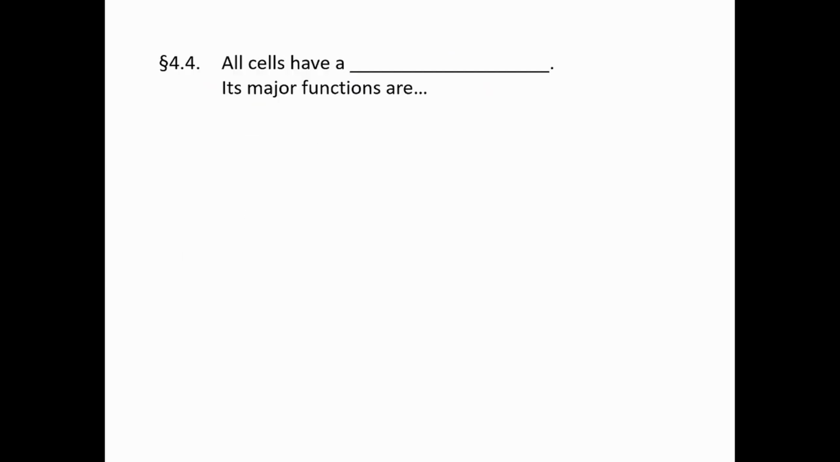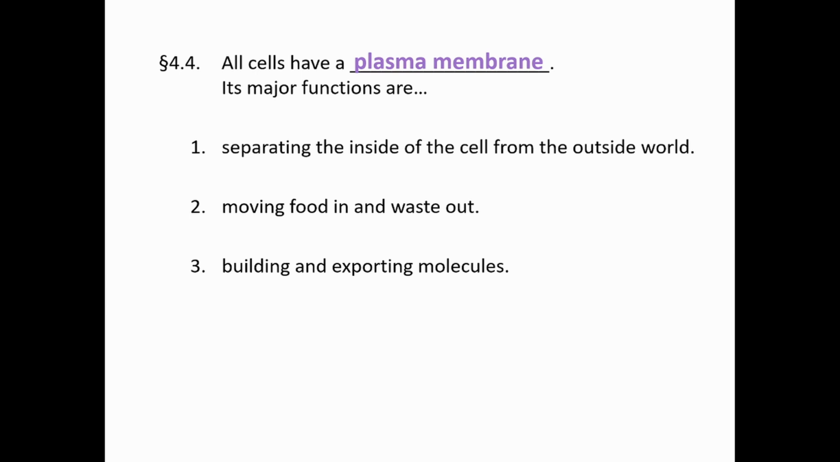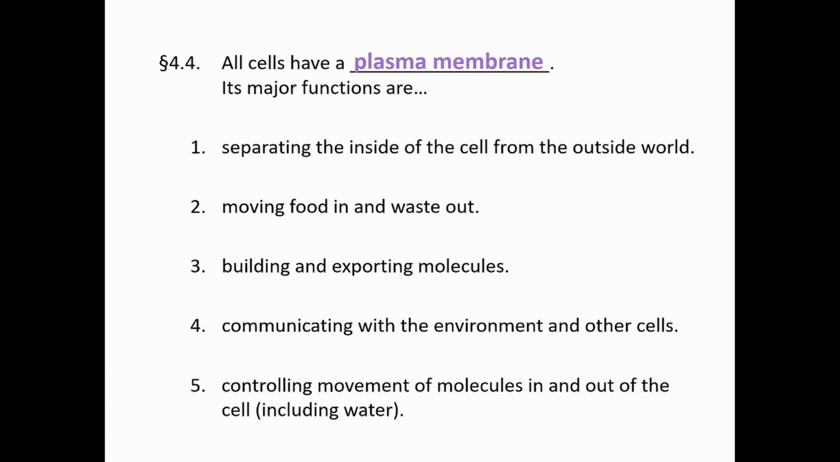So let's dive in. All cells have a plasma membrane. No matter if you are an animal, a plant, bacteria, archaea, or protist, you're going to have a plasma membrane. The main things the plasma membrane is responsible for are separating the inside and the outside world of the cell, so just creating that barrier, moving food in and waste out, building and exporting molecules, communicating with the environment and other cells, and controlling the movement of molecules in and out,